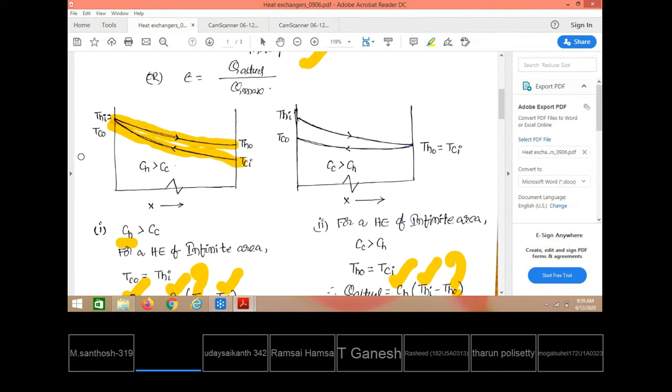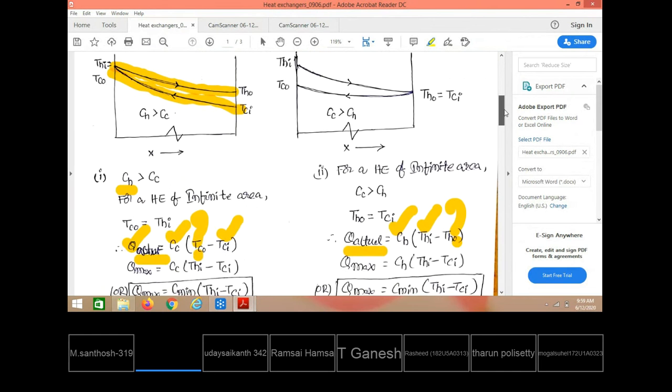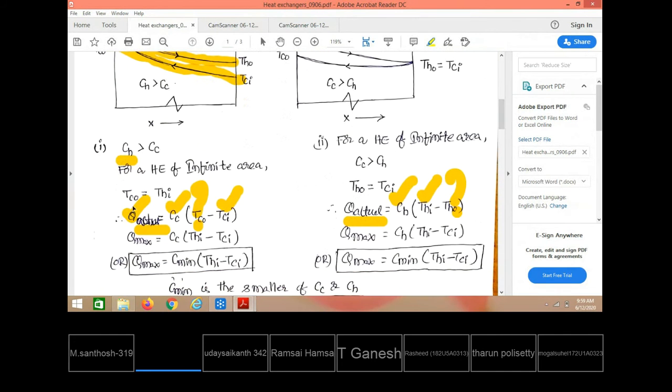So that means, this is the situation prevailing in the heat exchanger, having a heat capacity for the hot fluid that is greater than the heat capacity of the cold fluid. In this case, the Tco will become Thi. Practically Tco will become Thi. Not more than this can we get for the cold fluid. See here, hot and cold fluids are traveling in opposite directions to each other. So Tco at the maximum can be made equal to Thi.